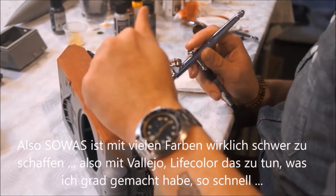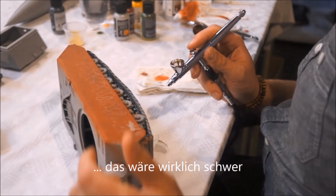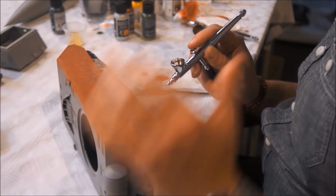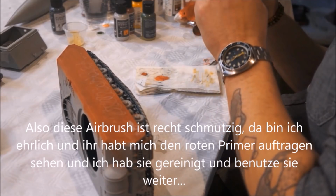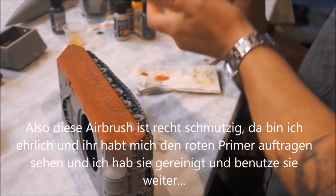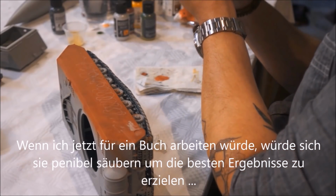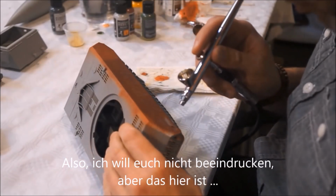You try to do that with a Vallejo, a Life Color, to do what I just did that quickly, that's hard to do. Now you could do it with enamels and the lacquer thinners, no problem. But an acrylic paint, to do that out of the thing, where this brush is fairly dirty, I'll be honest with you. You saw me use the red primer, I cleaned it, and now I'm using this. So I'm cranking on this for myself. If I was doing the books, I'm going to clean the snot out of this thing. I'm going to really make it nice. So I'm not trying to impress anybody, but this is...